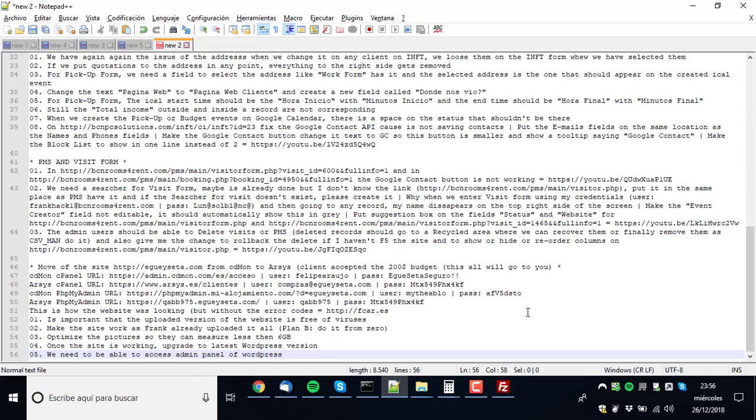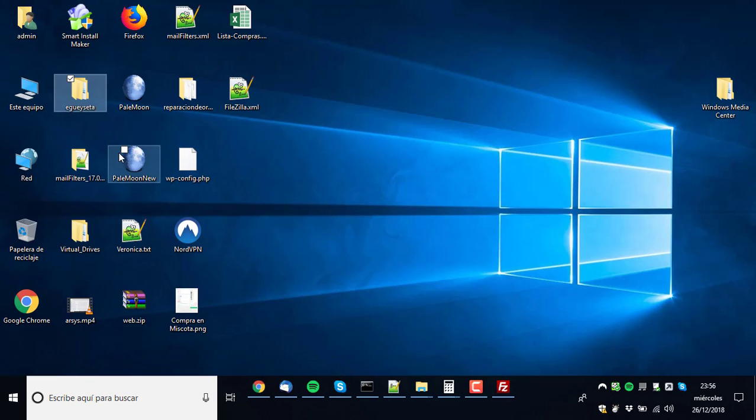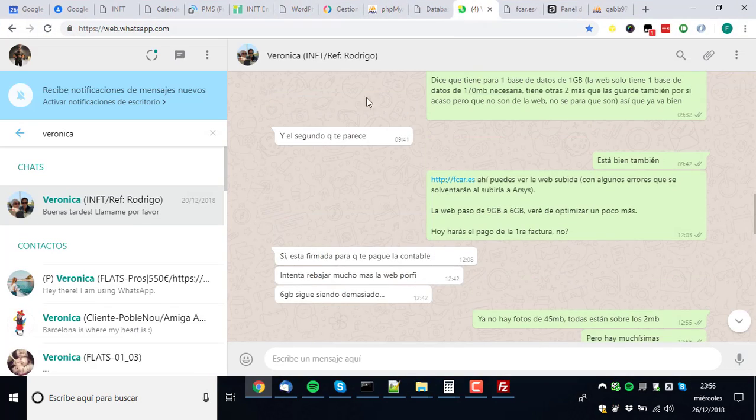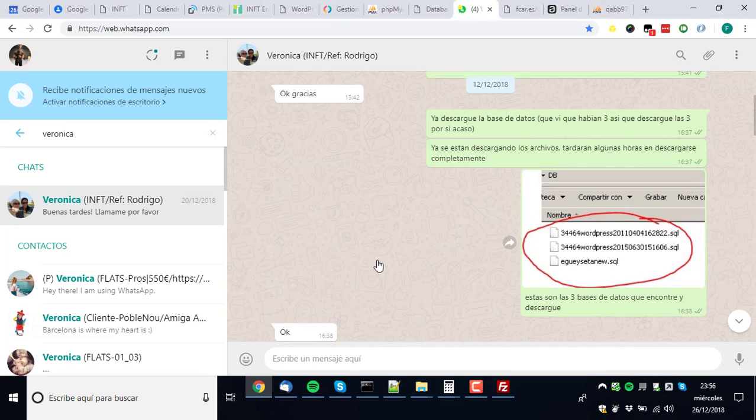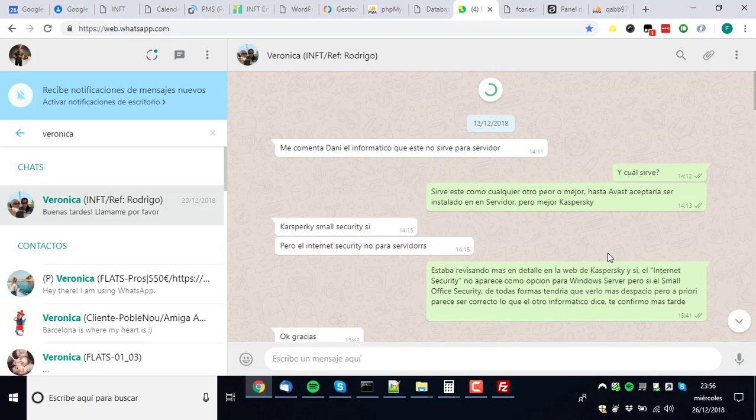Okay, super important, the viruses. You have to do as much because this website is indeed infected. It's infected because we have found viruses, and let me show you, because I even sent a picture. I was telling the client I got 3 databases.